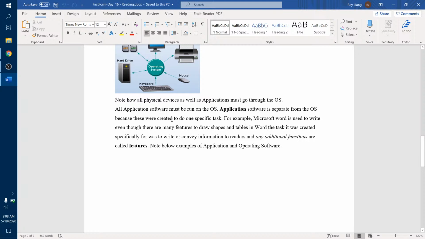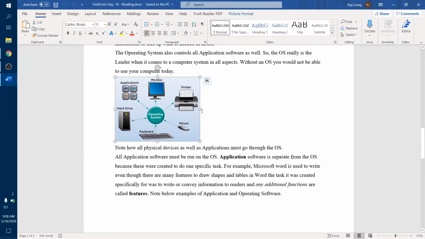And all an application does, or what it's supposed to do, is one specific task. You could tell me, well, sir, but this can, for example, with Microsoft Word, and I use it as an example here, you could type out, but Microsoft Word is mainly used for typing out stuff, right? Typing out reports or writing out anything you need to write out. But I mean, I could put pictures in Microsoft Word, and that isn't typing, right? However, it's still there because you're trying to convey information to someone, so you could specify the